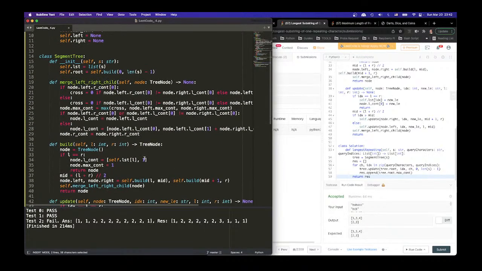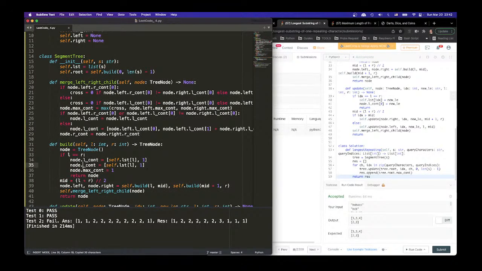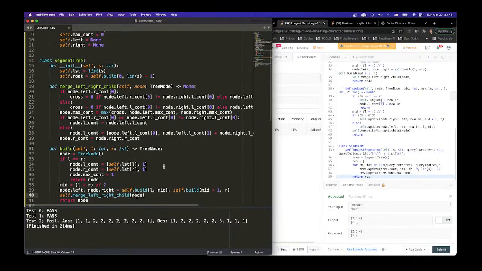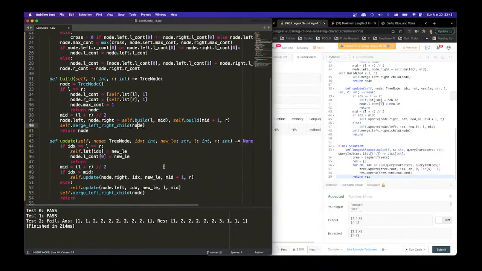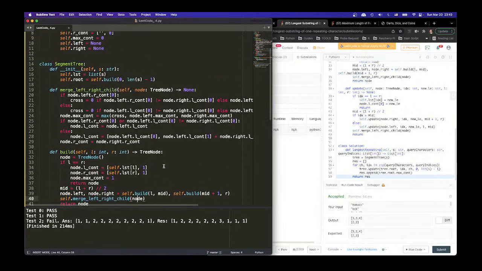Alright, so we'll have to do this. Doesn't matter, it's the same, right? Mid, and then we're gonna merge. Now, this merge takes a little bit more work. How does it work? I will have to say,